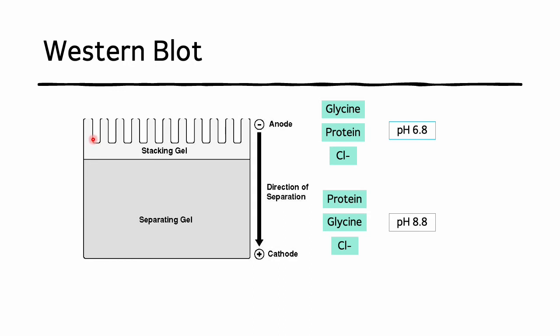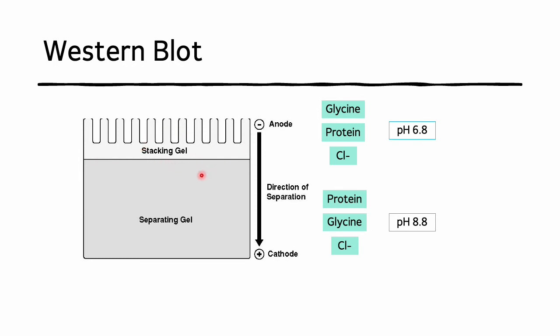If protein starts running from here and protein starts running from here, even if they have the same molecular weight, they will end up in different locations. In that case, the separation process is not going to work well. So to make them located in line,